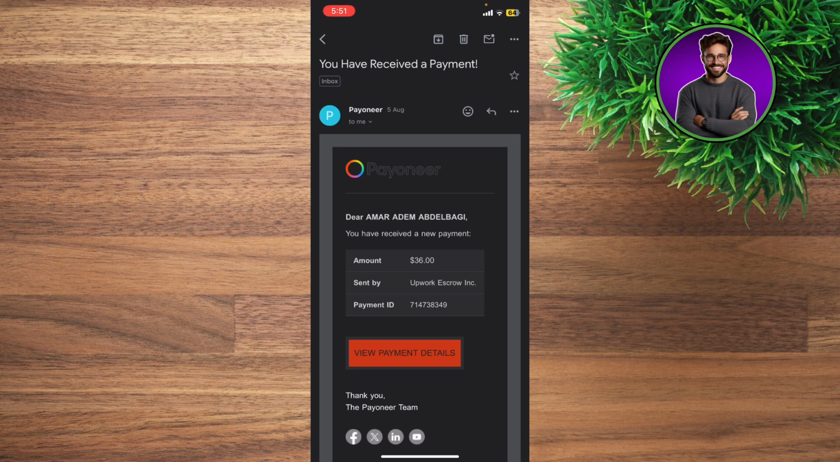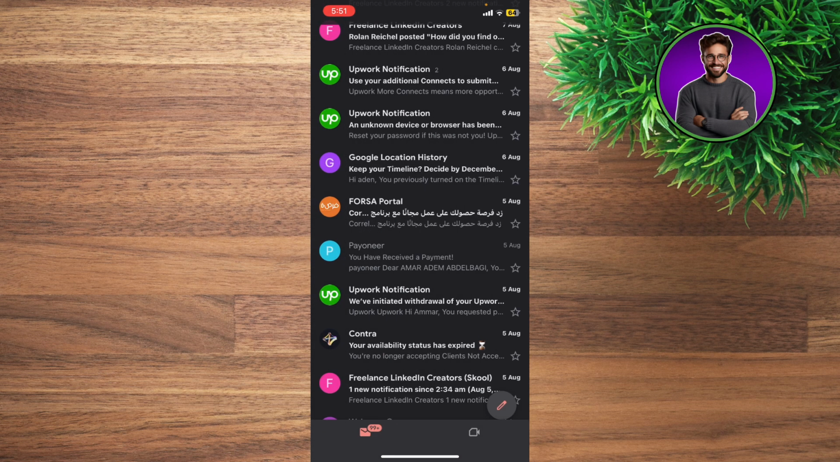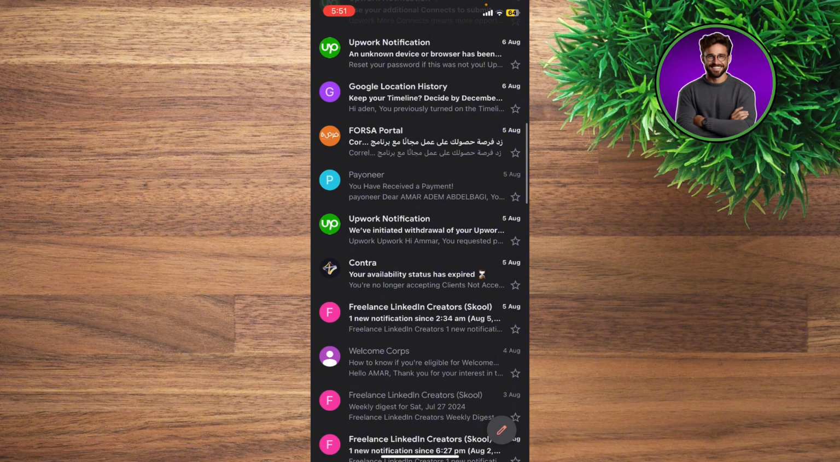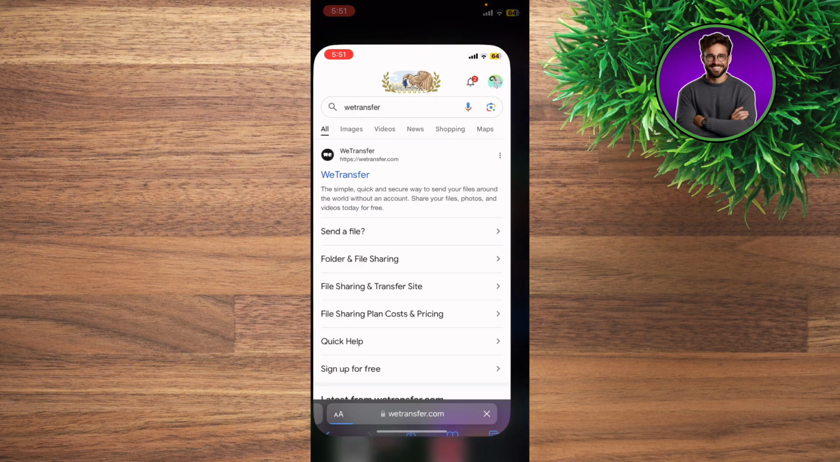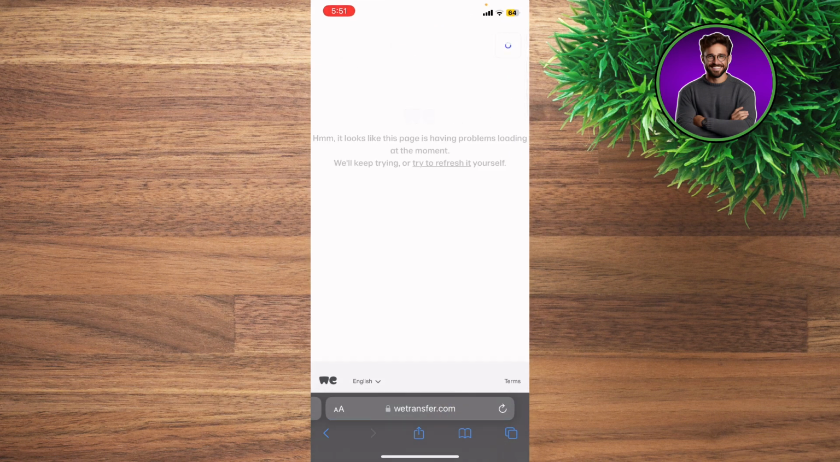You got an email, right? And let's have an example. You got a link, right? They're gonna send you a link of that file, and then what you're gonna do next, you're gonna just go ahead and open up the official website of WeTransfer, and you're gonna see the exact file link